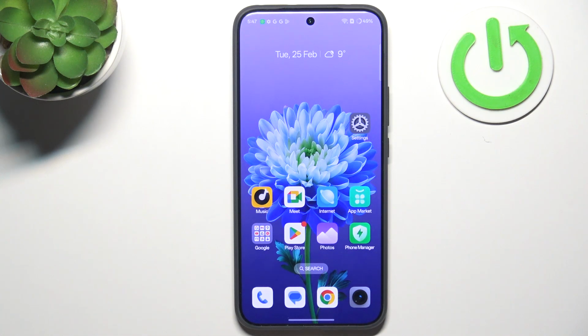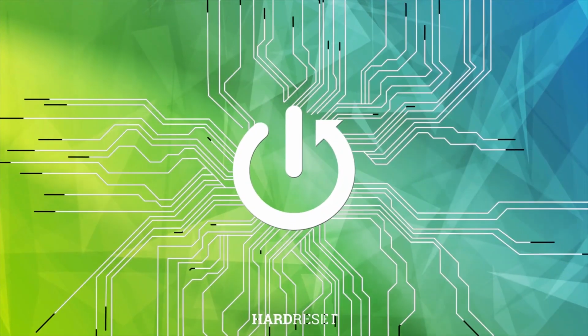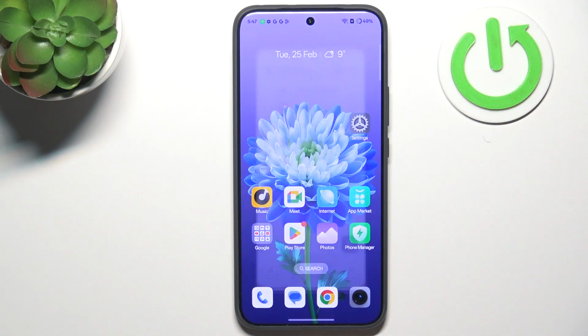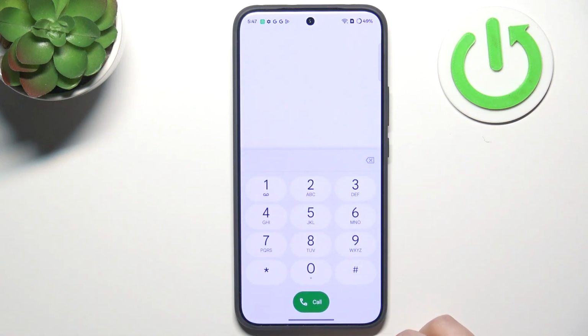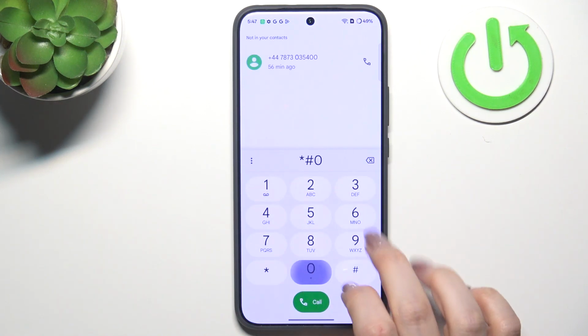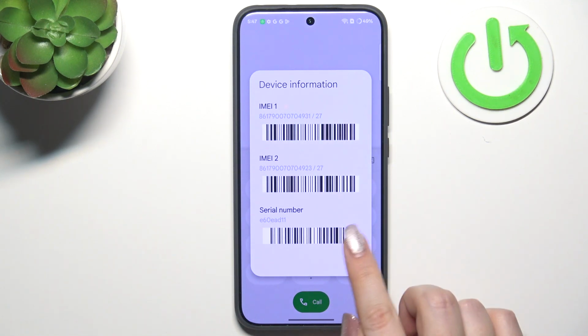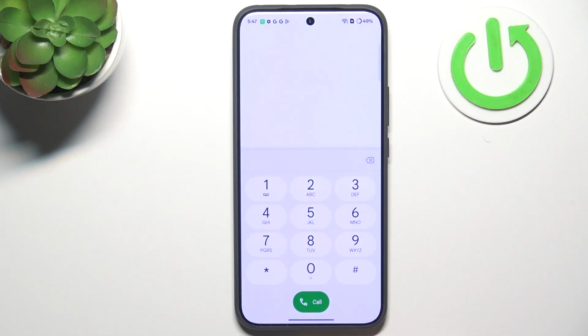Hi everyone, in front of me I've got Realme 14 Pro Plus, and let me share with you how to use secret codes on this device. So let's start with opening the dialer, as it is the place where we can enter all of those codes, and let's start with the shortest one, which is *#06#. And as you can see, by this code we are provided with both the main numbers and the serial number of this device. So let's tap on OK, and now another code, which is